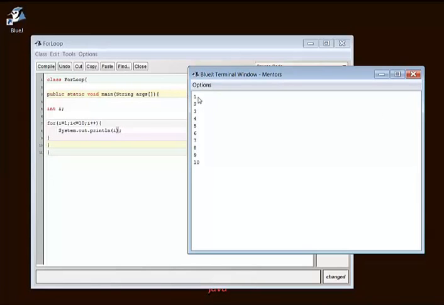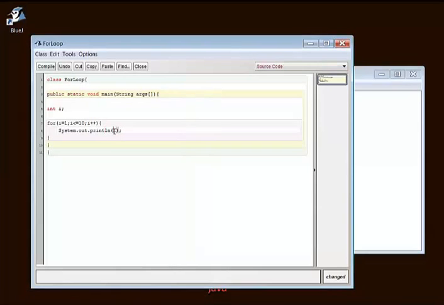See, we have all the values from 1 to 10, all the natural numbers here. What happens after that? Once it prints 10, it doesn't come out of this loop from here, it goes back to the update expression here and increments the value of i, so it will become 11. Now when it comes to test expression, this condition will be false, so it will come out of the loop here.